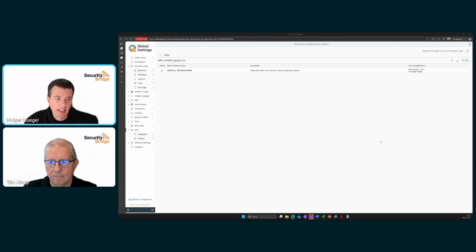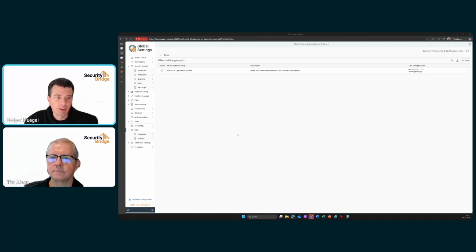That way we have the security in place when it's needed, and not every time someone is doing something, annoying the users and creating a very bad user experience. So here you have the full configuration